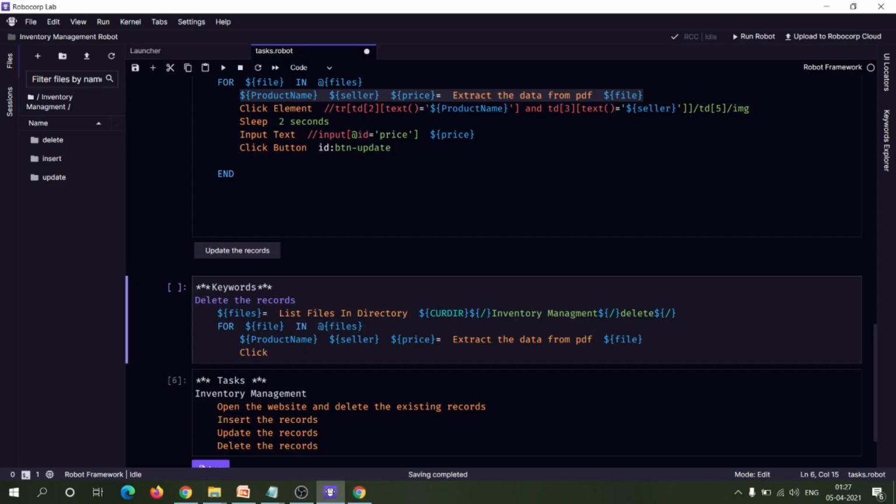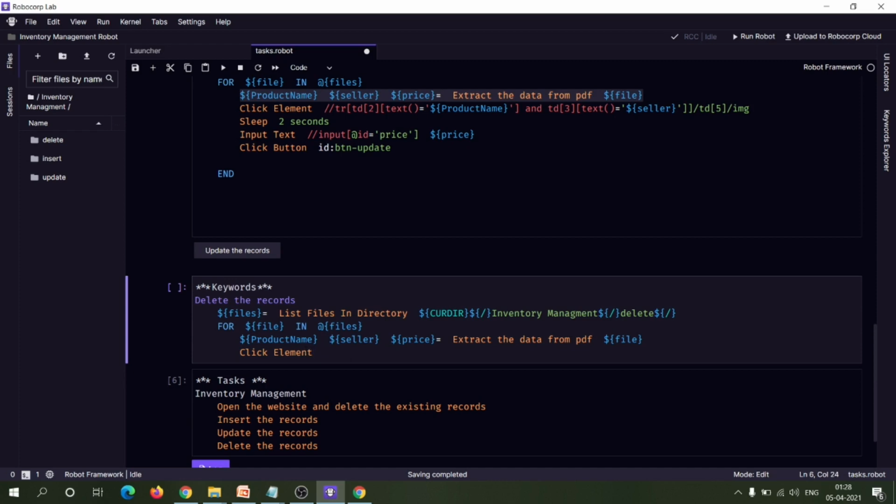The difference between click button and click element is that click button is used for clicking buttons, but click element is used for clicking any other element other than buttons, and you can even use click element for clicking buttons also. So that's the difference between the click button and click element keywords.